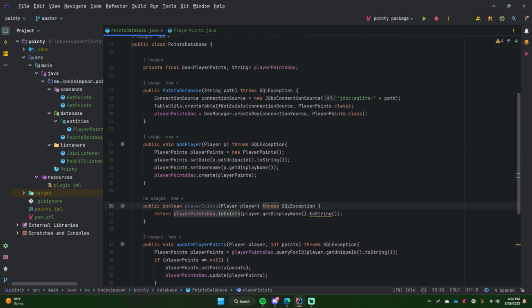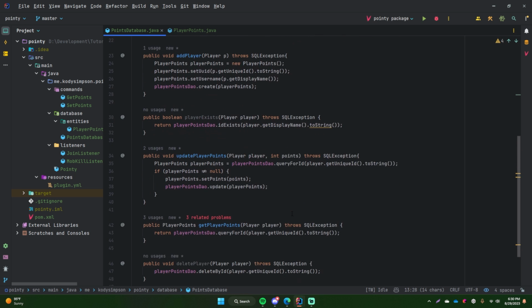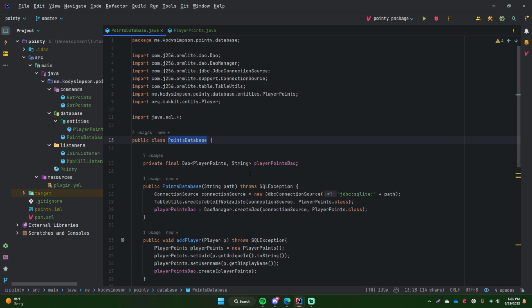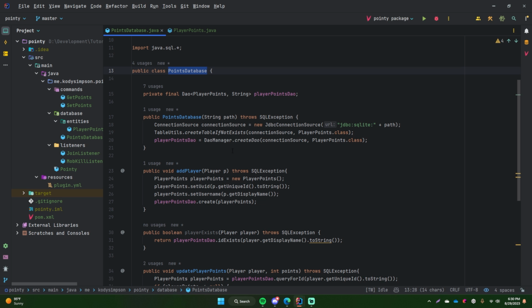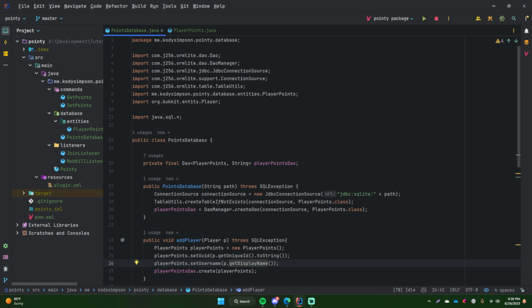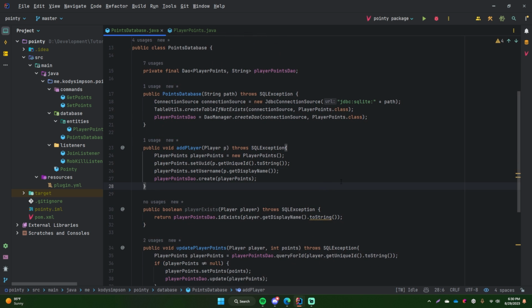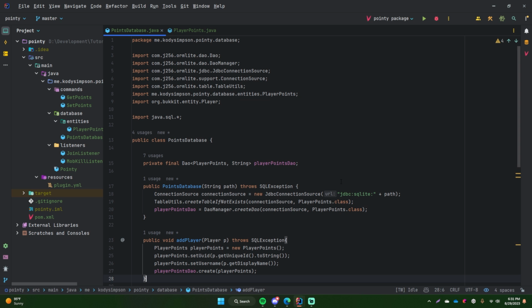What you would usually do now is rename this class to something like PointsService rather than PointsDatabase. That's really up to you. People will come up with different names, but a very common design pattern is that you'll have a class for each of your DAOs, and you would name it based on what the DAO is about. So if it's the player points DAO, of course you would have the player points service. If it's the chicken wing DAO, you would have the chicken wing service. That would handle anything related to querying the database for chicken wing stuff, or in this case, points stuff.